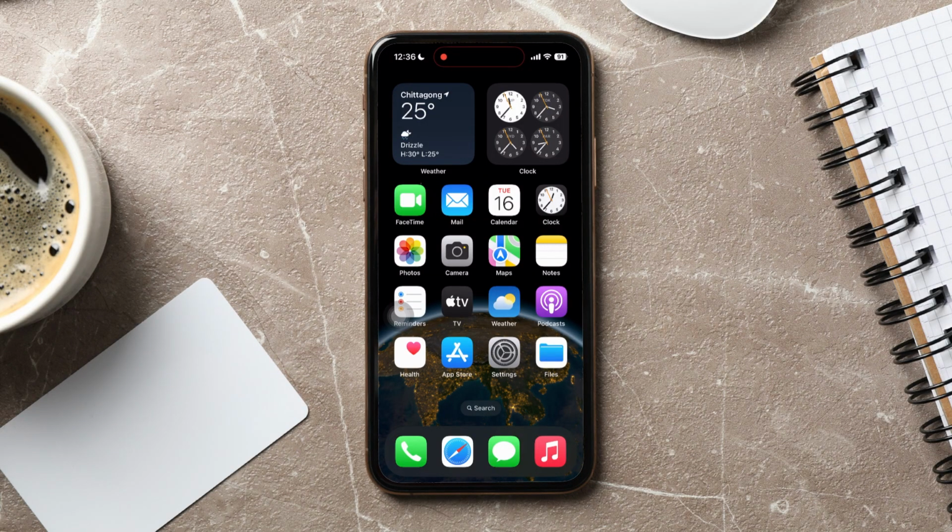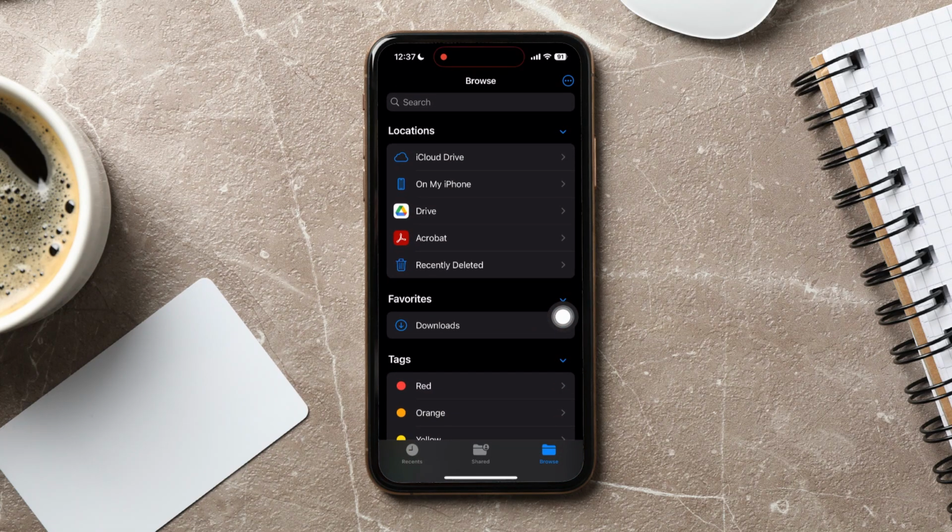How to save file as PDF on iPhone. To get started, first of all go ahead and open up the Files application on your phone. From here, navigate to the folder location where you want to save a file as PDF and tap on it